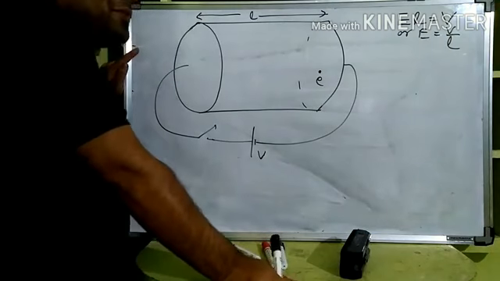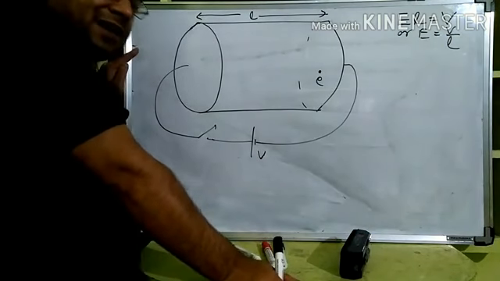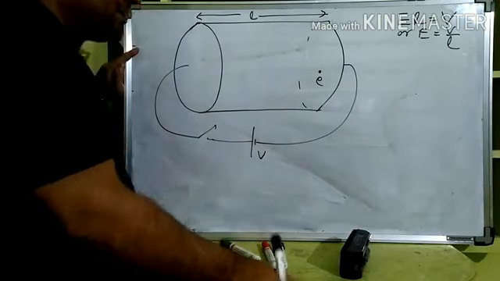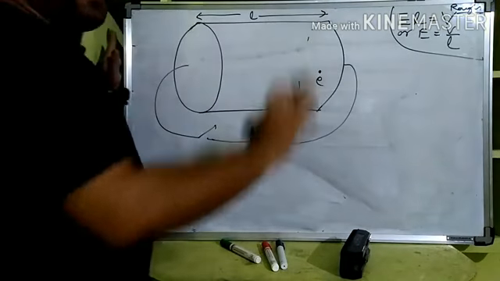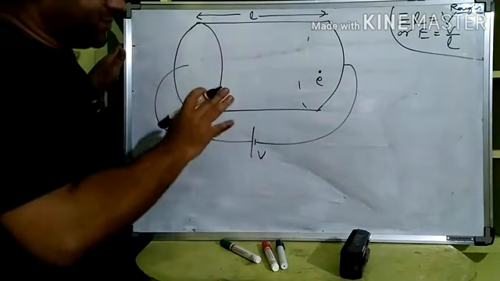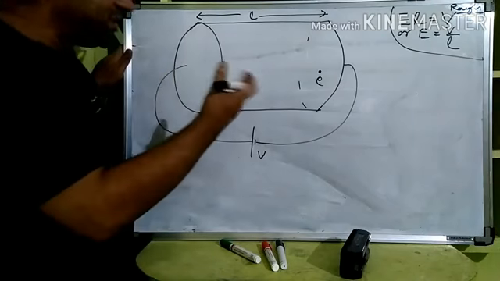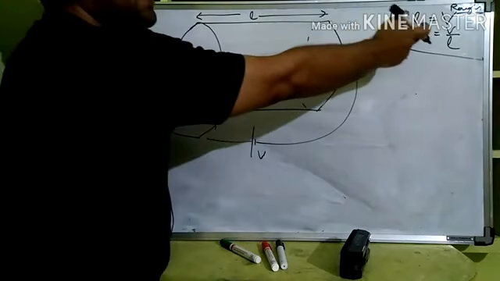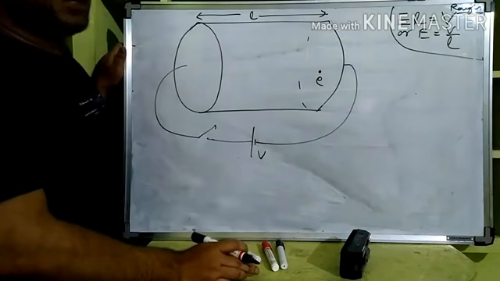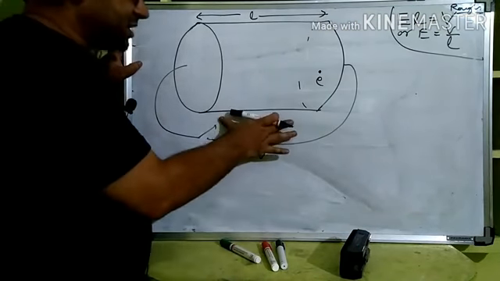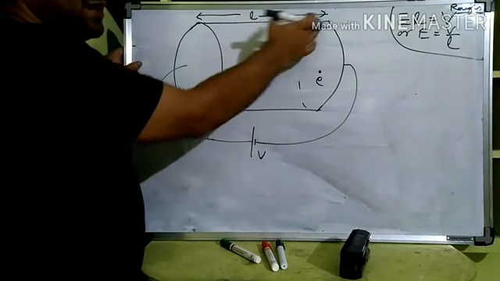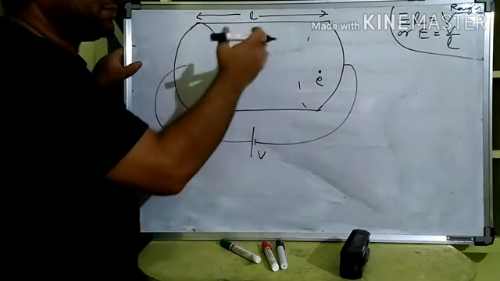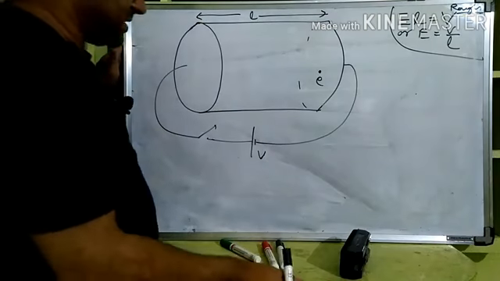You remember minus dV by dr, potential gradient only is electric field, that we have learnt already. Fine. So to remind you, whatever I am saying, if you are writing that in your note, write it as rough there. That's not actually mentioned here, but from my mouth it came, electric field, that's why I explained. Electric field is nothing but the potential gradient, V by L. If V is the potential difference and L is the change in length from one end to another, the gap, then V by L is E, as simple as that.